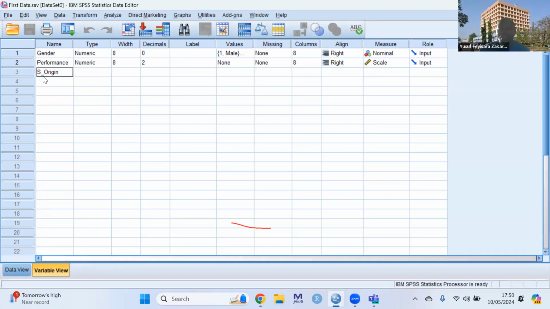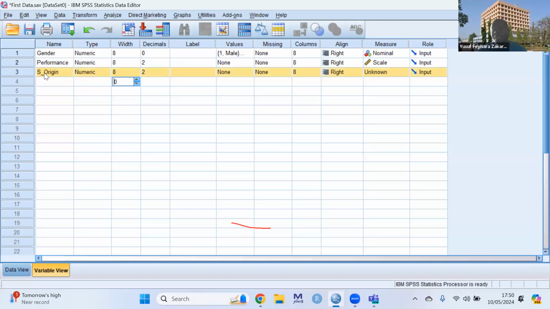State of origin. You can see what is space. The space will not work for you. So this is the code I've used, S origin. But this S origin, I want to